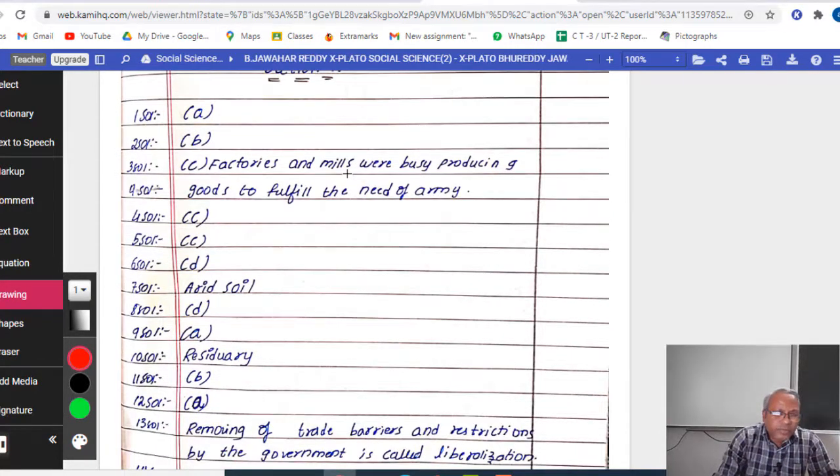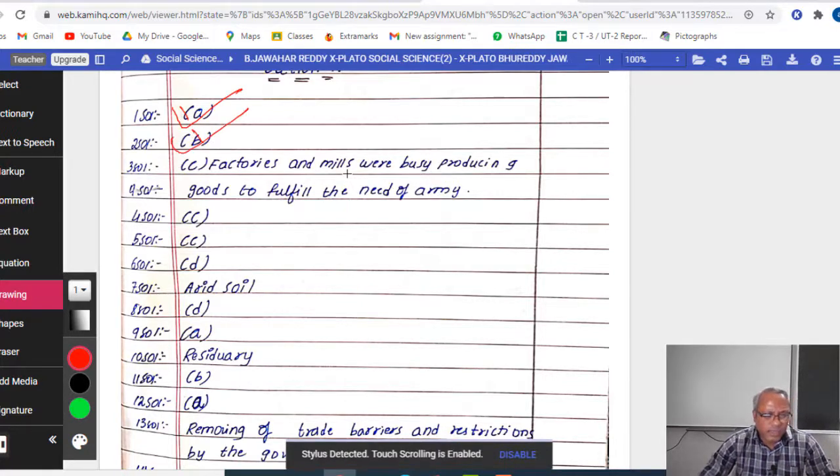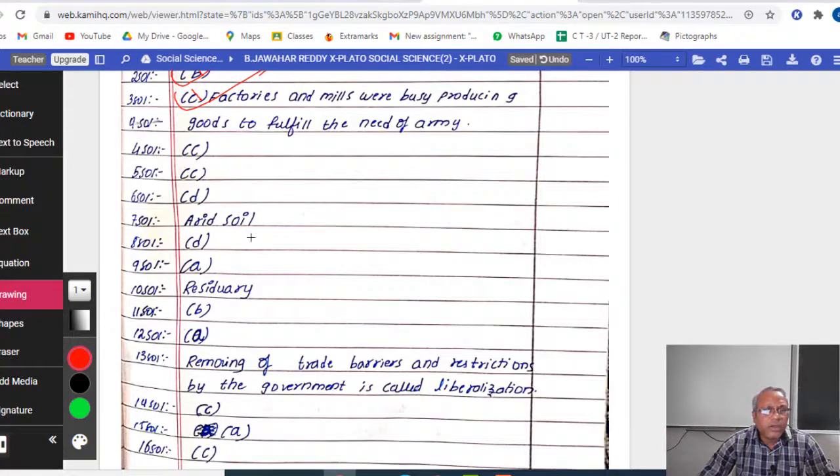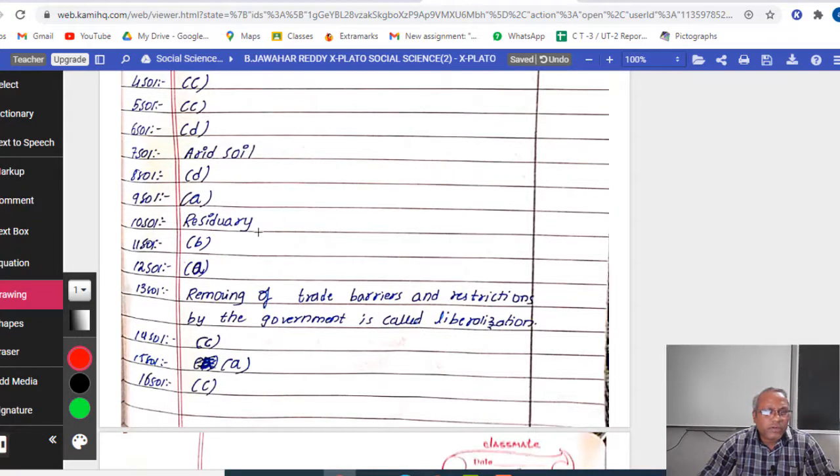So question 1, A, B and C. For me all 3 are correct, so I'm putting marks right now. Correct, this is also correct, this is also correct. Then there are 3 more 1 mark questions here. Yes, question number 9, it's also correct, and 10 also correct, 9, 10 and 11.